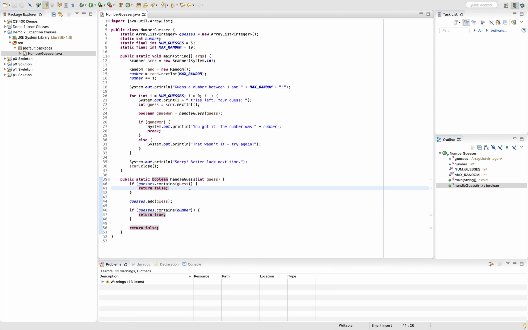So the thing with this method is that we're returning false in 2 cases. This return false is in the case where we have a duplicate guess. This return false is in the case when it's a new guess, but it's still not the right guess. But we're handling them the same in our main method. What I'd like to do is create a distinction between when this was a duplicate guess and when this was just the wrong guess. So let's create our own